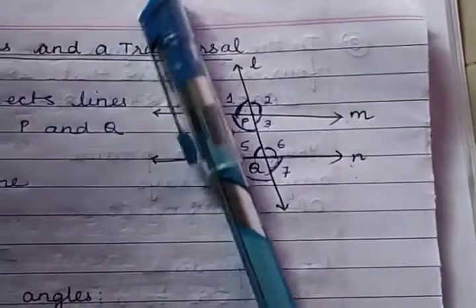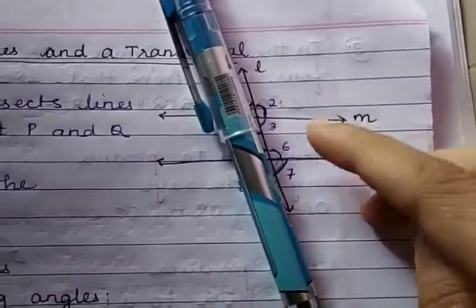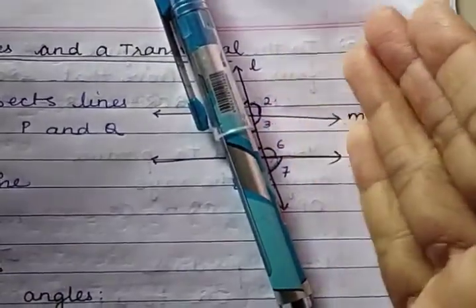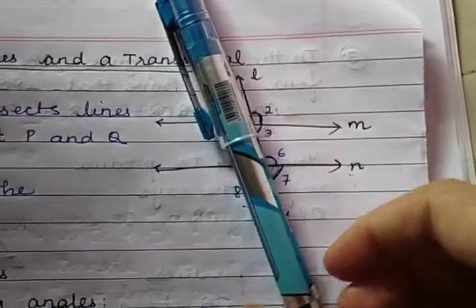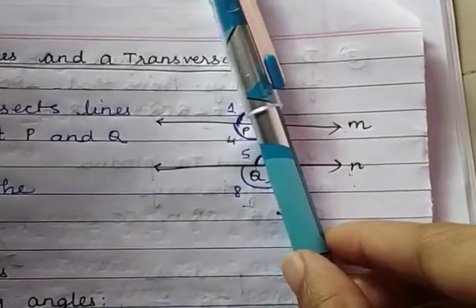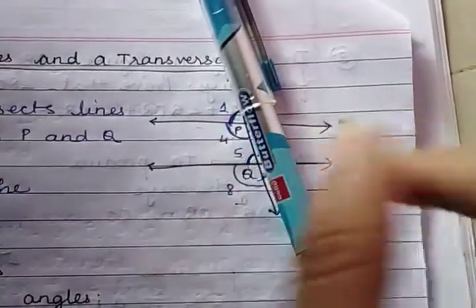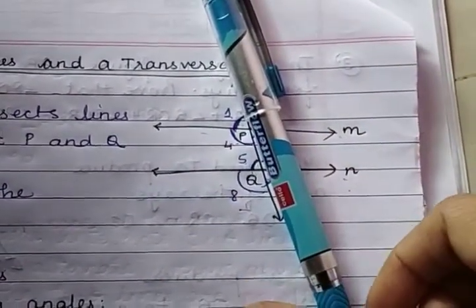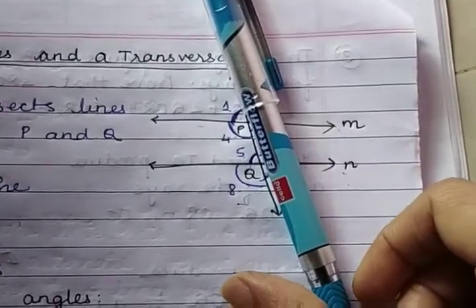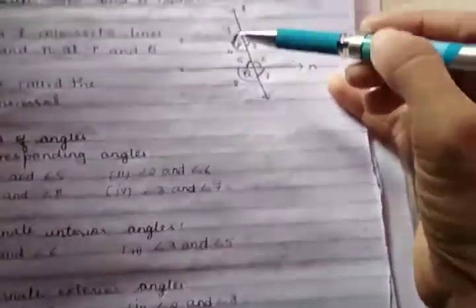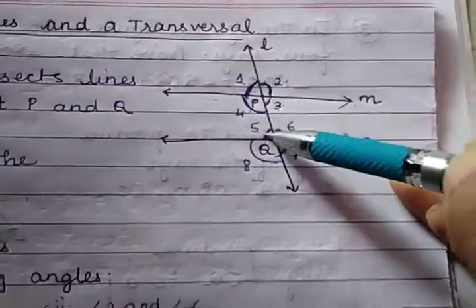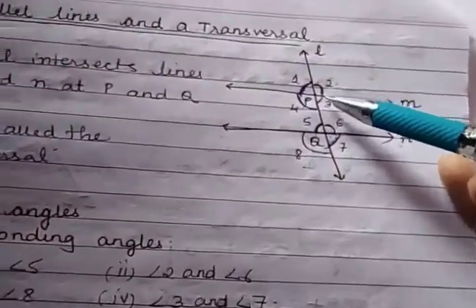Now if you take the transversal, angles 3 and 5 are on one side of the transversal, right side, and which are the other two? Angles 4 and 5 are on the same side of the transversal. So which are the interior angles on the same side of the transversal? Angle 4 and angle 5 is one pair, and angle 3 and angle 6 is the other pair. Okay, now